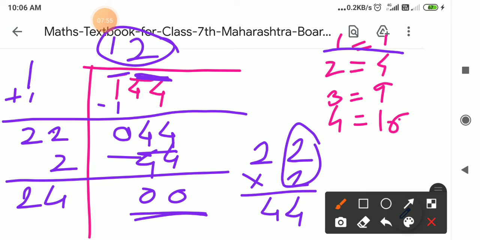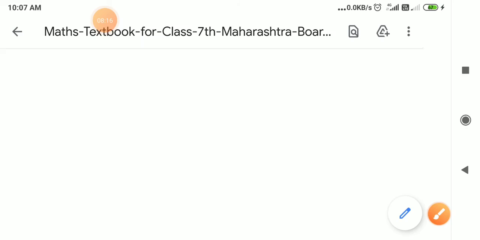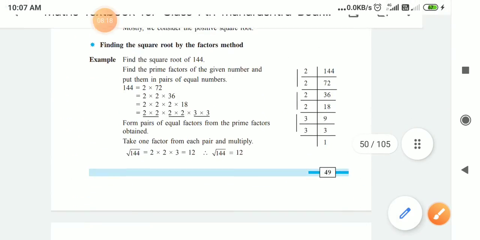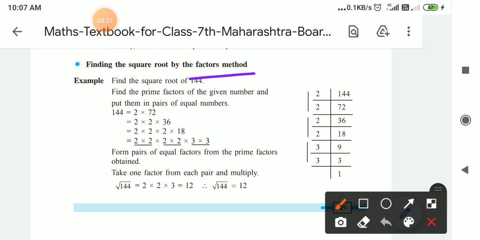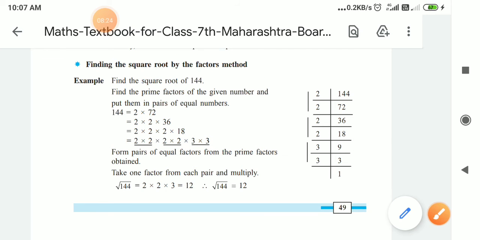In this way, this method is called the square root method. Okay, I will take many examples of this so it will be easy for you to find the square root. Well, if you understand this square root method, you solve it. The factorization method is also there, which you can use to find the square root of a number. Now from our textbook we will see the next example. That example is not given. That example we solve by which method? Factor method and square root method both.